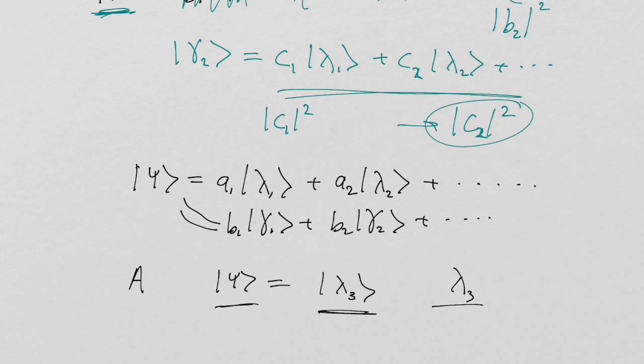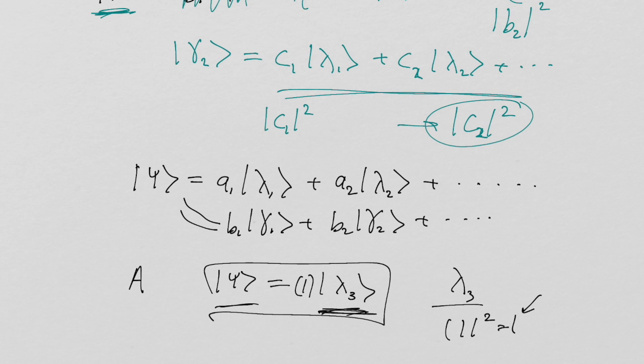And when you measure it, you will get lambda 3 with the modulus of the eigenvector, which in this case is 1. The modulus of 1 squared is 1, and that's the probability of getting lambda 3, which is guaranteed. And sometimes that's written down as an actual postulate of quantum mechanics, which is the only way of guaranteeing a